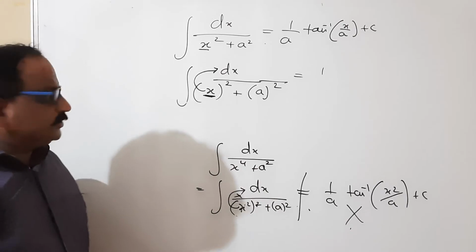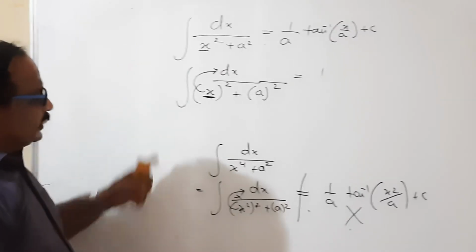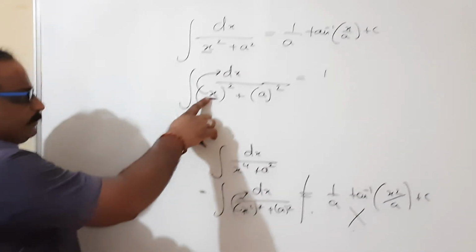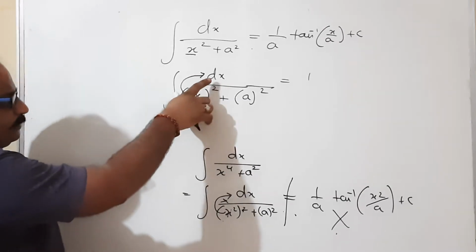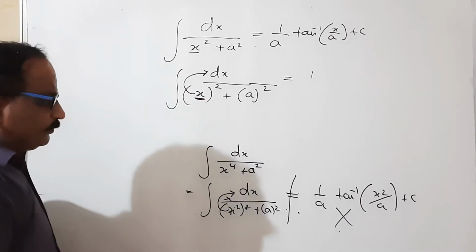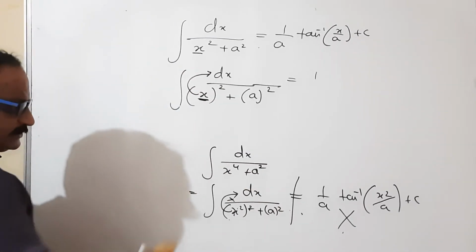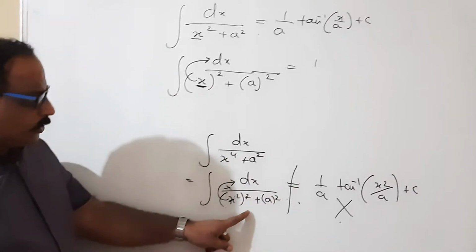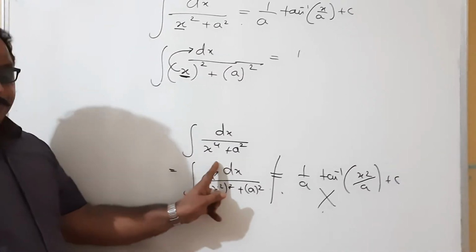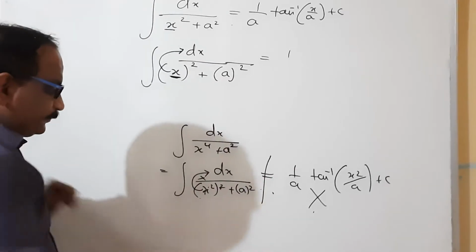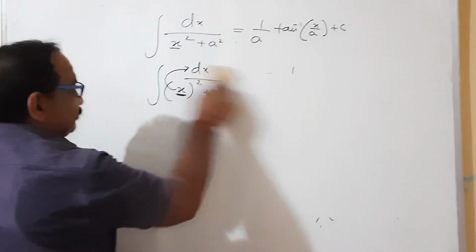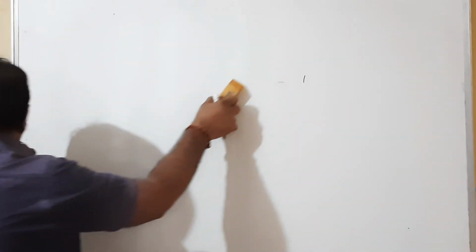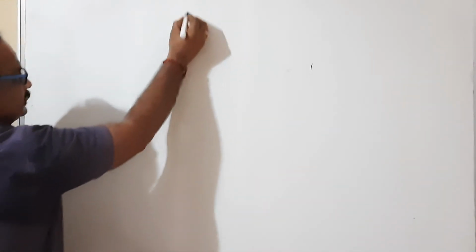So we should keep in mind, while using all three results, that while we are having the perfect square, its differentiation should be in the numerator. We have to be clear about that. This is the example where we are not able to use that formula. That is the mistake we make. Now some examples based on that, how we can use it and how we can perform this result.